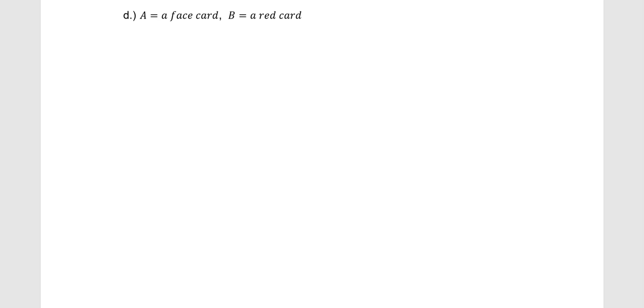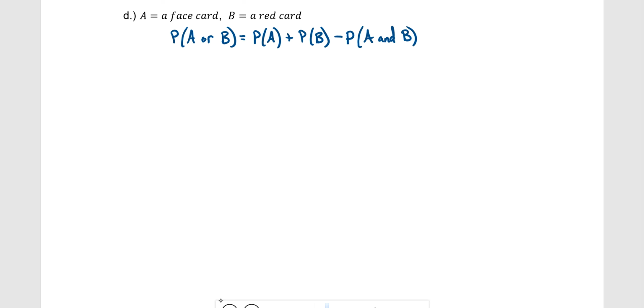Okay, and then the last one here, we have A is a face card, B is a red card. So we want the probability of A or B. So for the probability of A, the probability of a face card, this one's a little bit more difficult. The probability of a face card, there are 3 face cards for every suit. There are 4 suits. 3 times 4 gives us 12. So remember, a face card is a jack, queen, or king, and there's 3 per suit. So that's going to be 12 over 52 plus